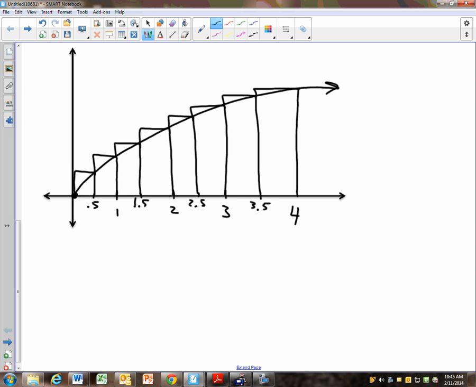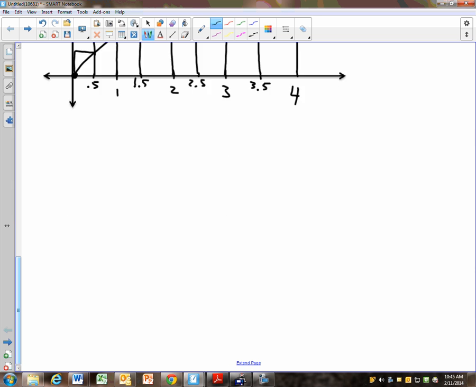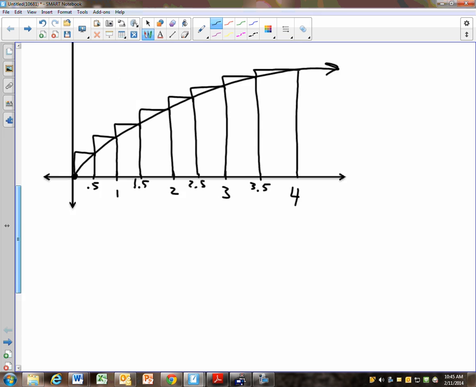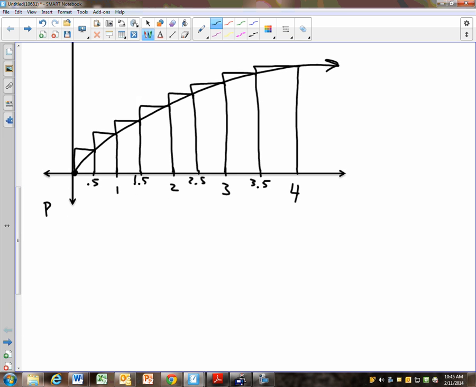You don't have to write the sigma notation at all. You can simply write what we're going to put in our calculator. We are going to first do the right hand sum. I first need to find my width. My width is, and I'm going to write it out. I know that you can all see it, but I'm going to write it out because we're going to use this tomorrow. 4 minus 0 divided by 8,